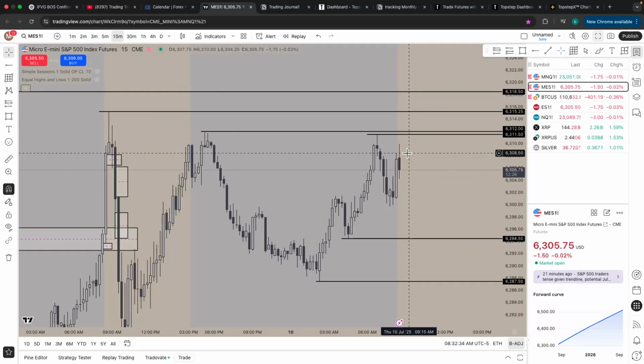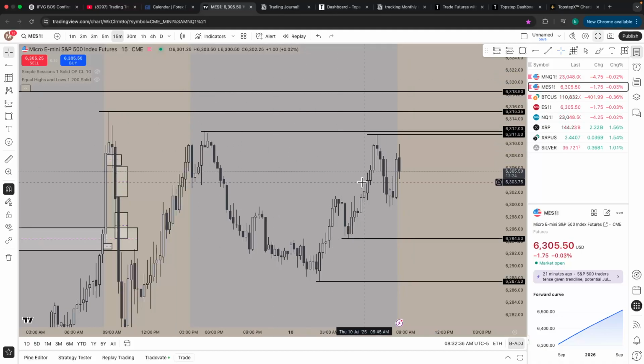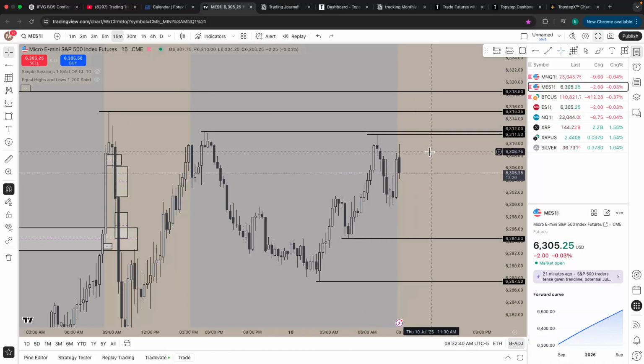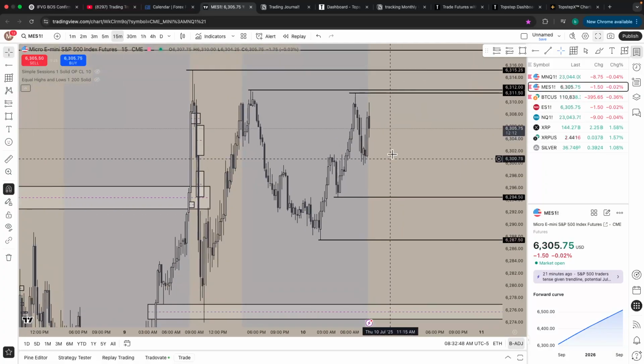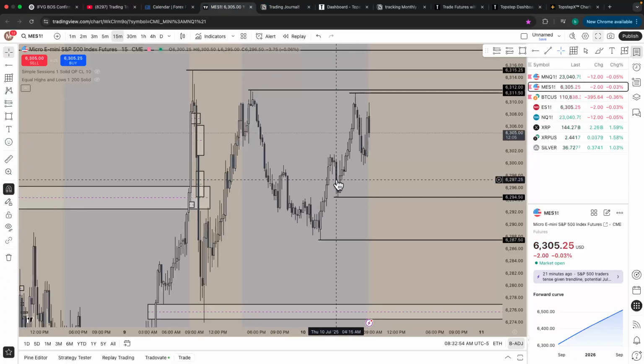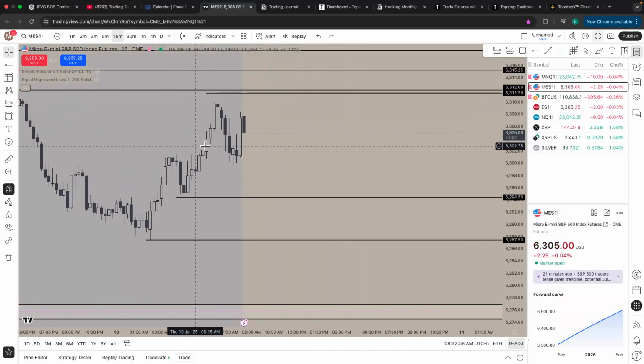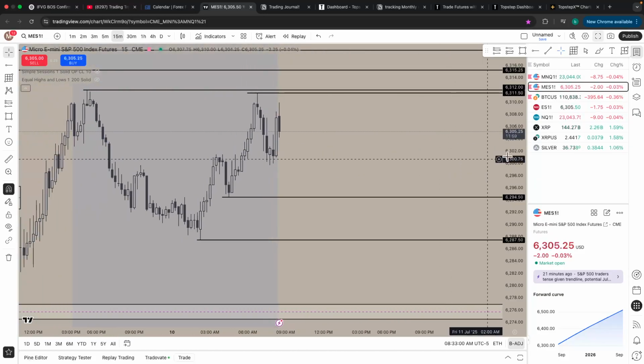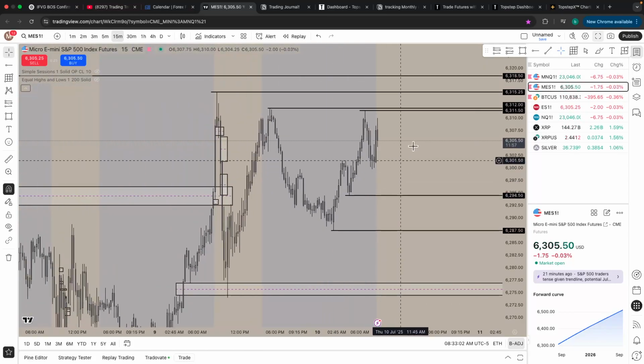And then, because we already got somewhat of the reversal, but with new money coming in the market, ideally we'll want to see market manipulate some type of liquidity, drawn liquidity. I think it manipulates these highs and then continues lower and we go lower for the day. But we'll see. News today, all we have is unemployment claims at 7:30, and that was right here. Not a super drastic candle, nothing crazy. So market's still playing out.